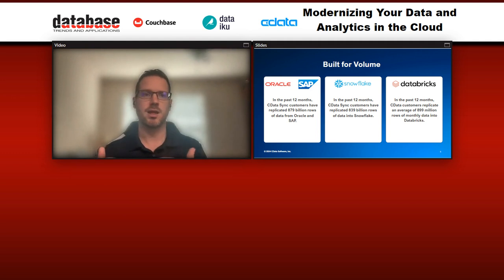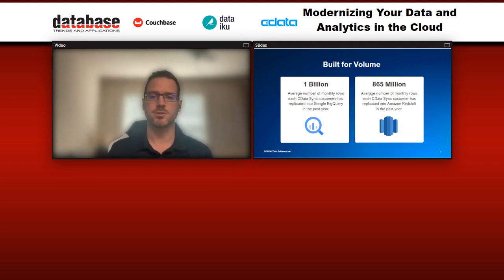As people move to the cloud, it makes it a lot easier to have a lot of data, which is great because now you have these large data sets that you can rely on for your AI initiatives, large data sets that you can slice and dice and analyze in order to find those deeper insights to really figure out what's going on with your organization to try to drive that business forward.